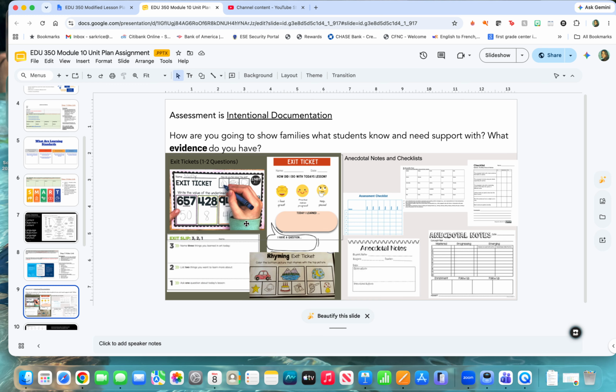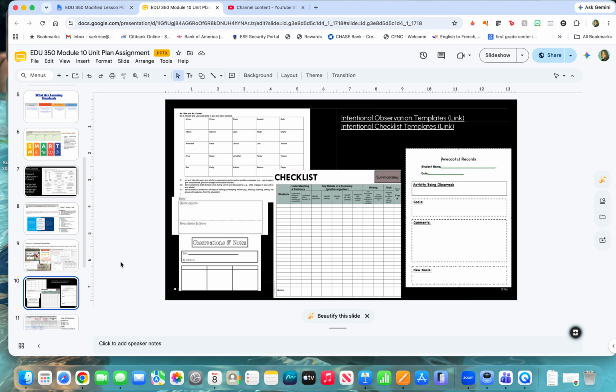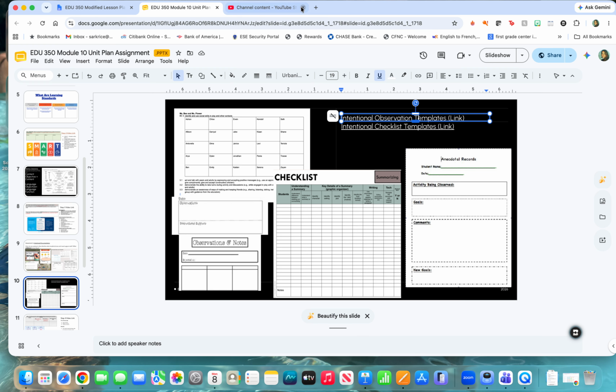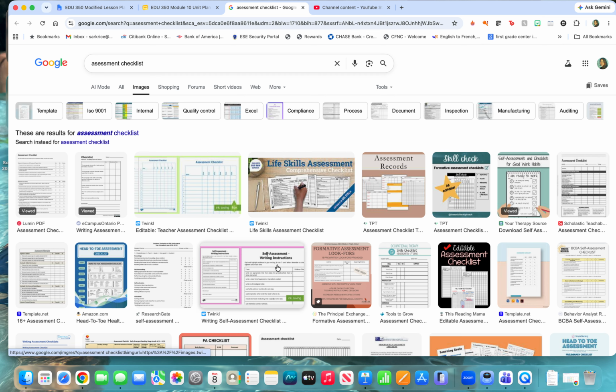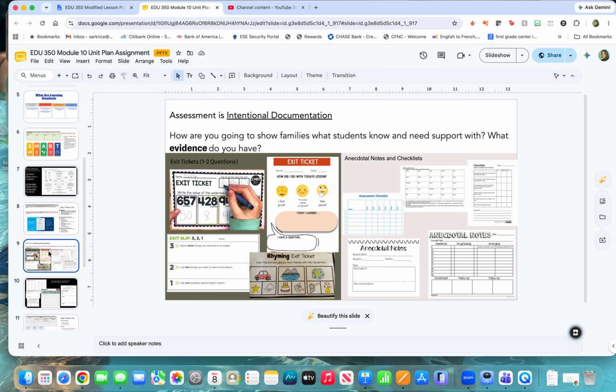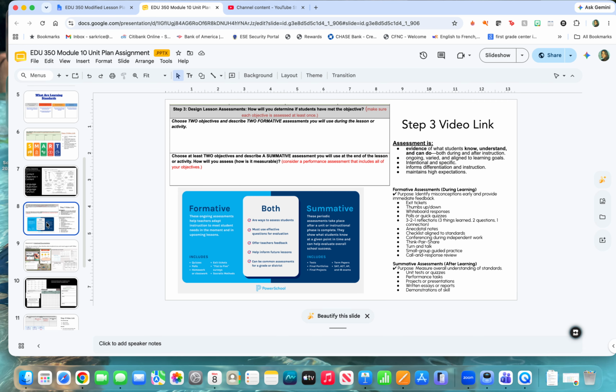These are just some examples of exit tickets. I also have some examples of anecdotal note takers that I could possibly use. Here's some more examples of some checklists that I could possibly use, some more anecdotal note catchers. I also have links in here of just Google searches for anecdotal note catchers. So just thinking about checklists, potential checklists that I could use. So just think about how are you going to, in a conference, right? How are you going to show the families that the students achieved the objectives, or that they need support with